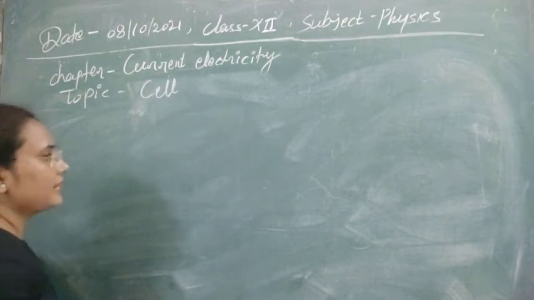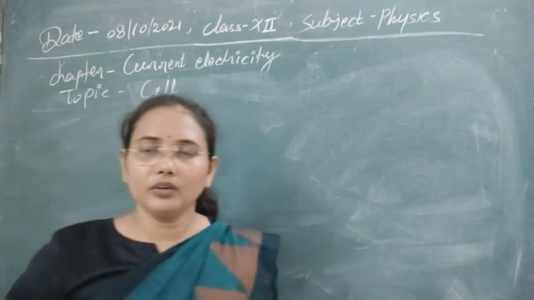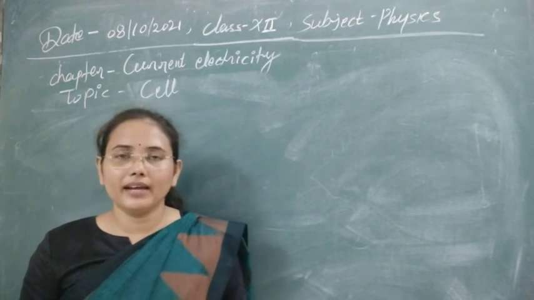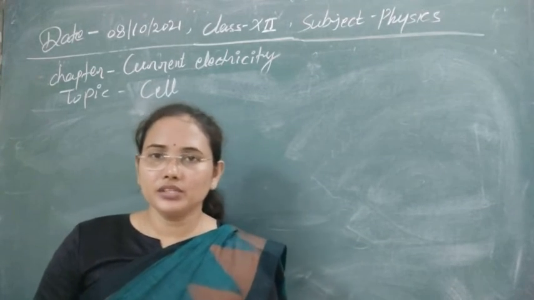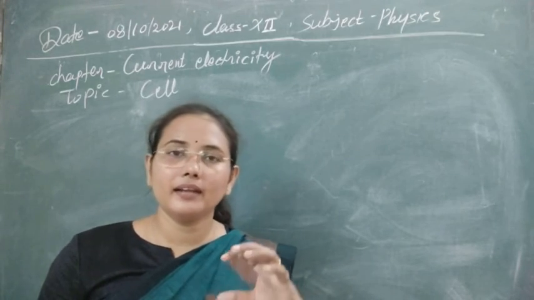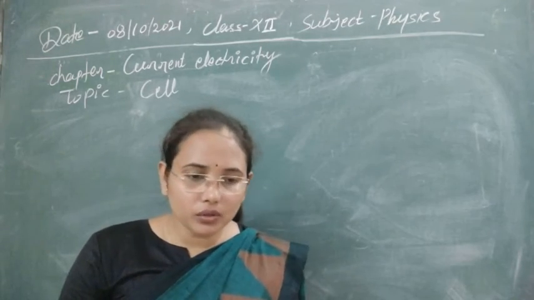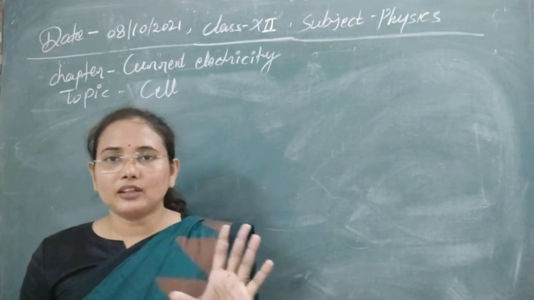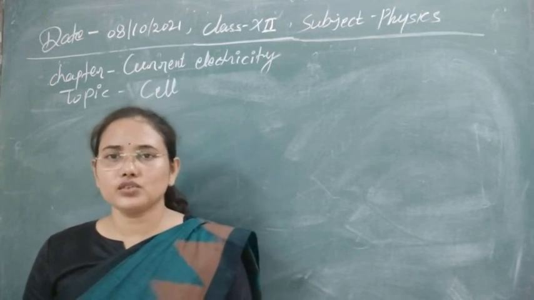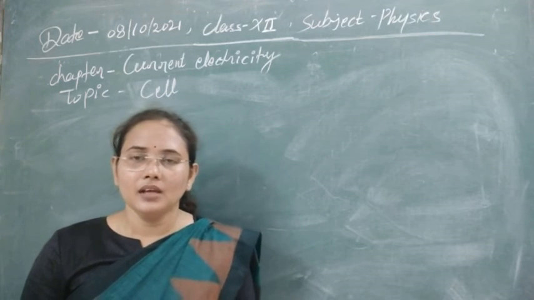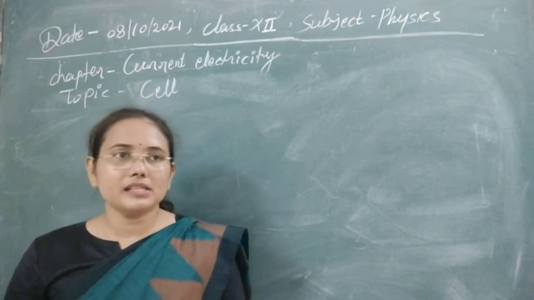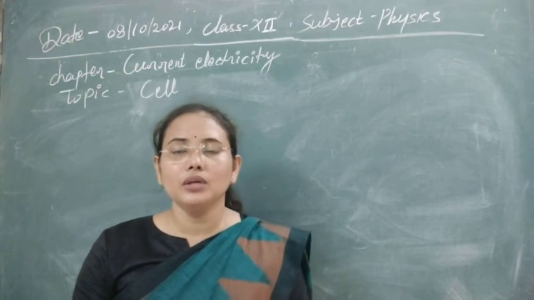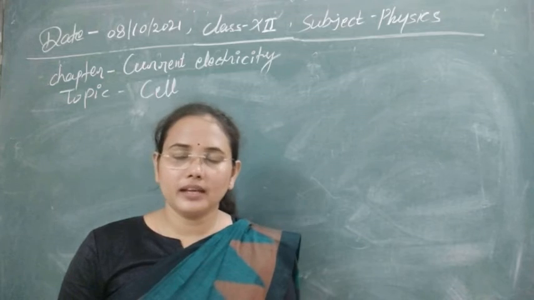cell. Exactly about the cell I don't have to tell you; you are already aware of the construction of a cell. In a cell we are using some electrolyte or electrolytic solution, and also two rods. One is the cathode and one is the anode. So this is the simple construction of any primary cell. In the case of a primary cell, whenever we connect it, ions accumulate at the cathode and anode there.